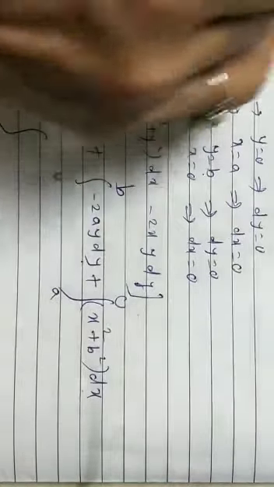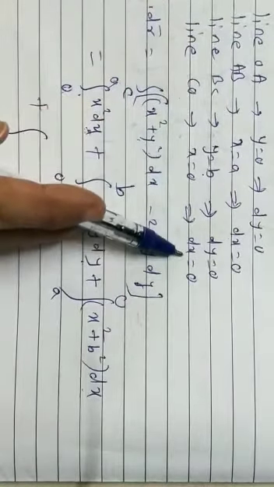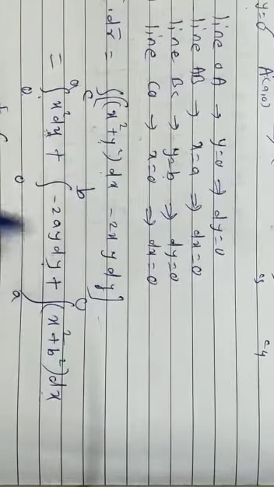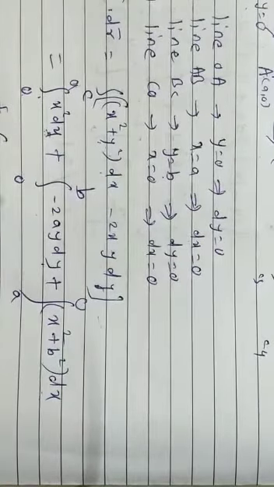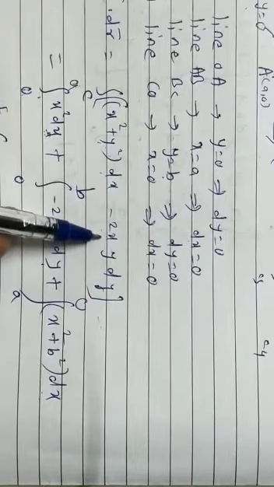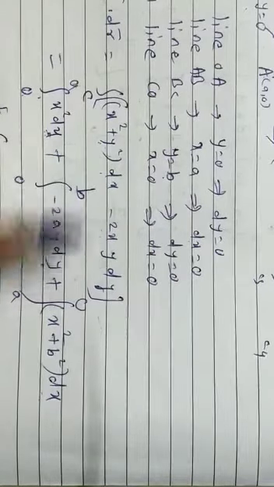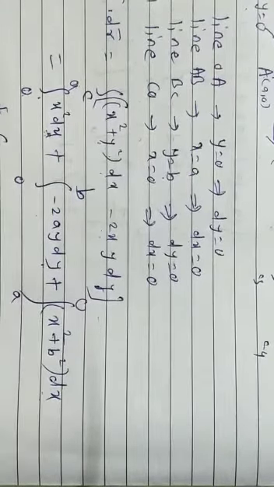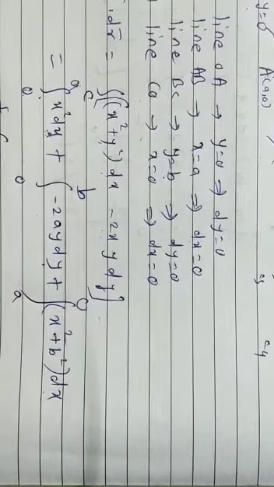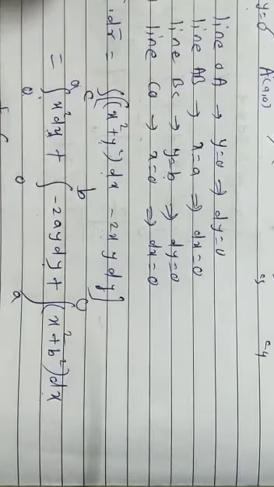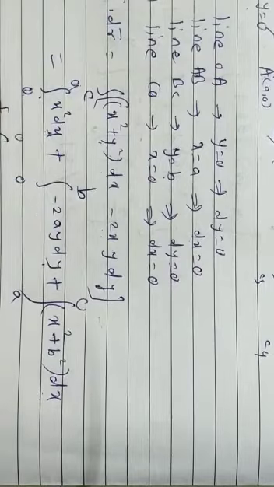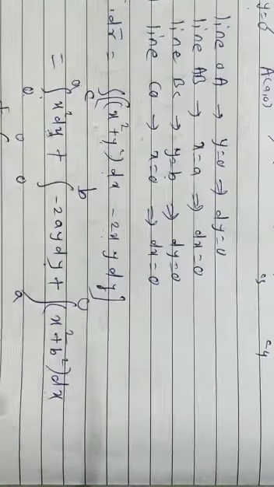C4 means this last line, CO line. X is equal to 0 means dx is equal to 0. So what is happening in this equation, students? This dx term will vanish because dx is equal to 0. And here what will happen? Minus 2, x is also 0. Correct? So everything is becoming 0. So it will be integral of 0, and here it will be dy. And limits will be again what? Limits will be from b to 0, or no need to write the limits also. If you want, you can write the limits. Otherwise integral of 0 is 0, that you know. All of you understood what is done here?